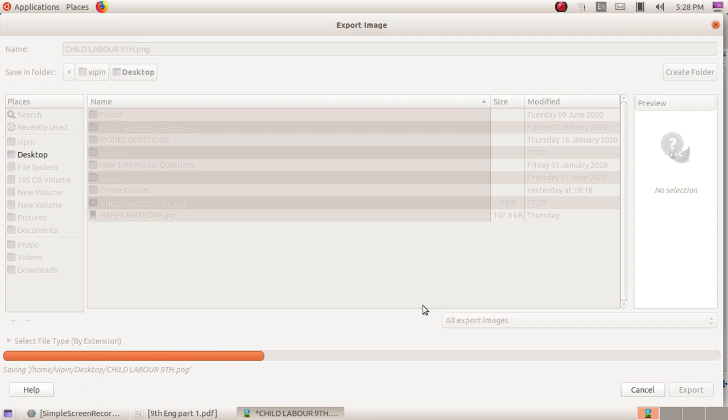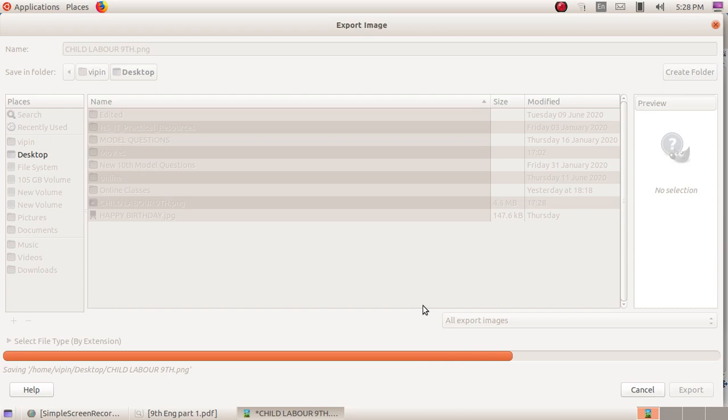In this way, we can export the XCF file to a JPG file. This is one of the important questions in your practical section, for exporting the XCF file to PNG and JPG.